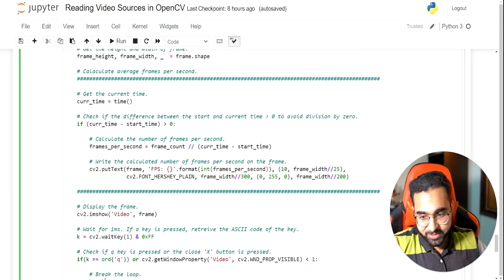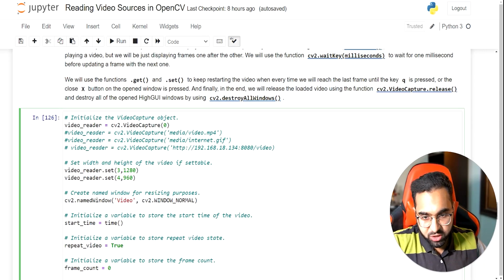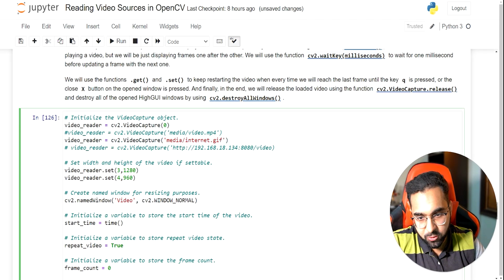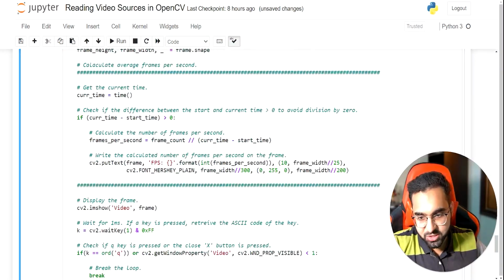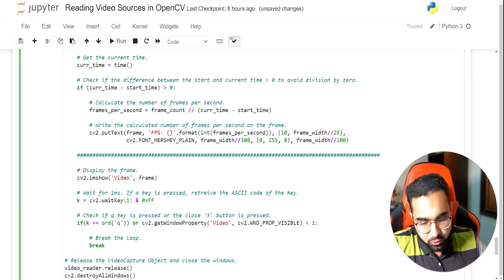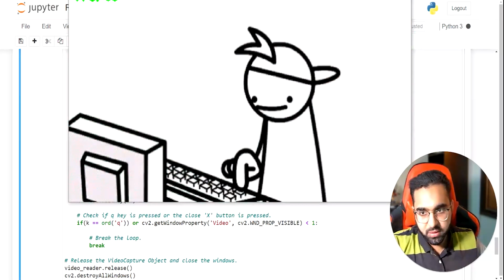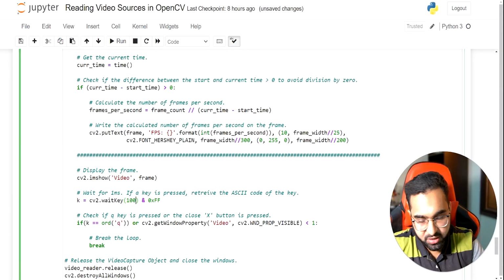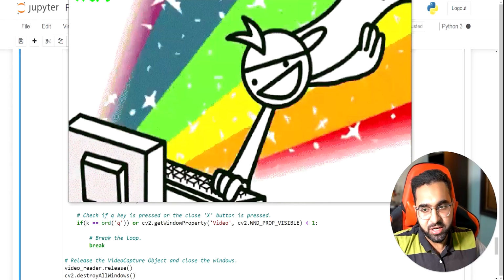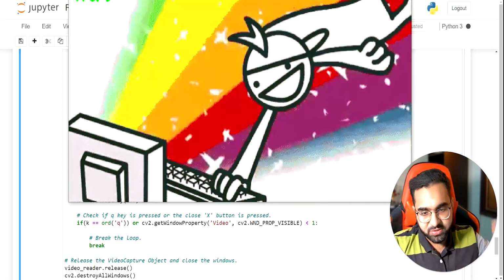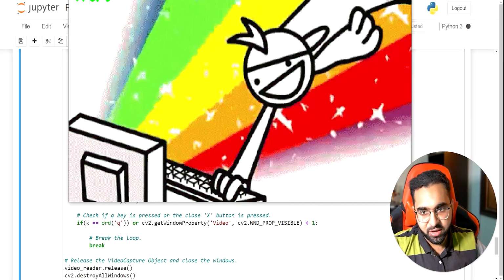So anyways, there's that. Finally, let me show you how you can read a GIF. So this is how I'm reading a GIF. Let me just run this, and yeah, so this is how you read a GIF, and I don't think you realize what's happening in that GIF. So let me increase this number to 10, and it's still really fast. Let me increase it to 100, and now you can clearly see the GIF. What's happening here is someone presses the keyboard button, and rainbows appear and stuff like that.